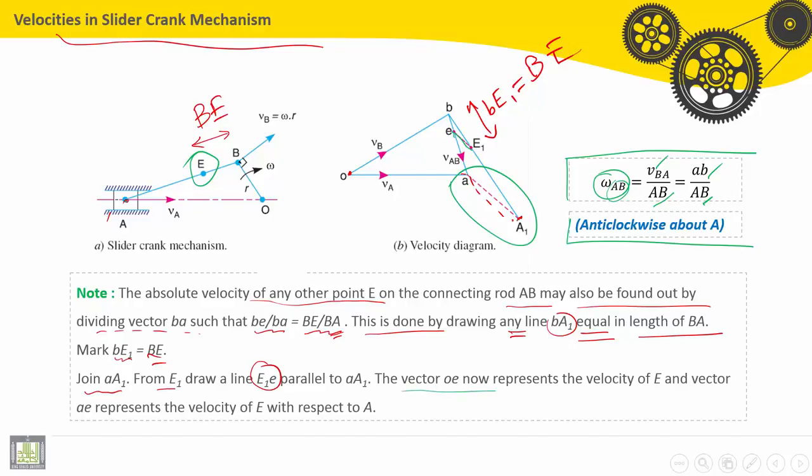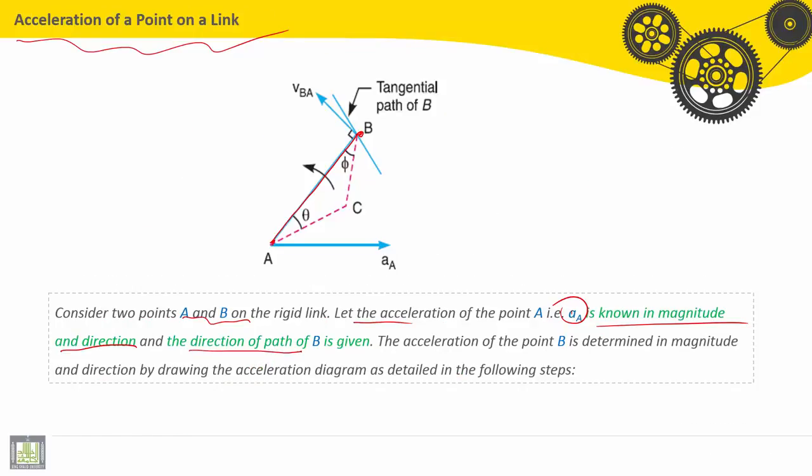Now we find the point E, and the vector OE represents the velocity of E. This is VE. AE represents the relative velocity of the point E, and the direction of the path of B is given. The acceleration of the point B is determined in